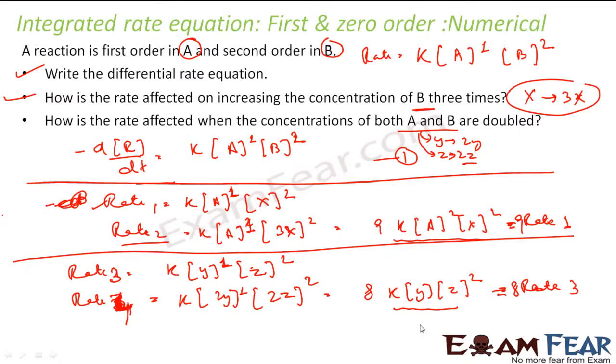Pretty easy. You can just assume the initial concentration of the reactant which is going to be changed is x, and the final concentration to be 3x, 4x, 5x, depending on the question, if the concentration has become 3 times or 4 times, and then you can find